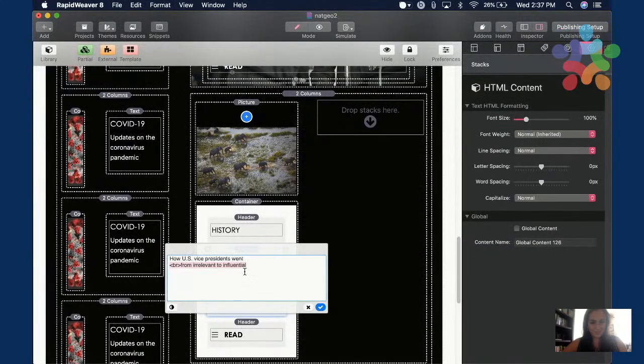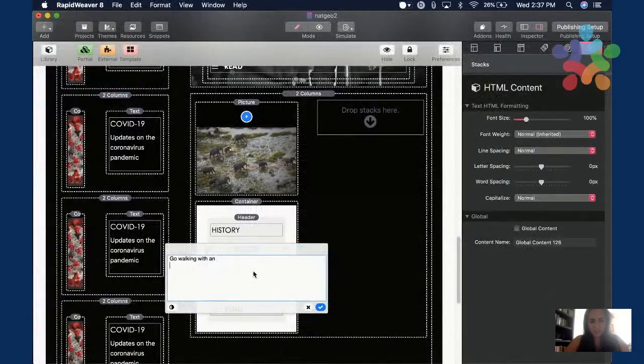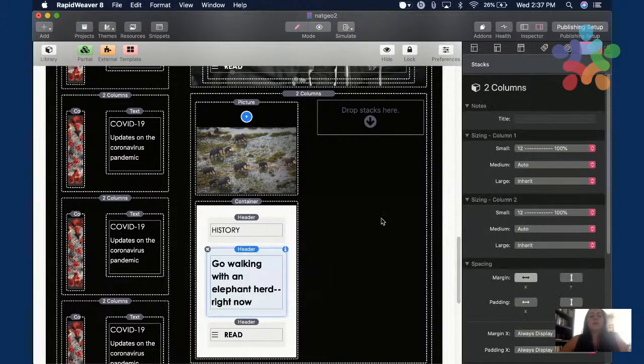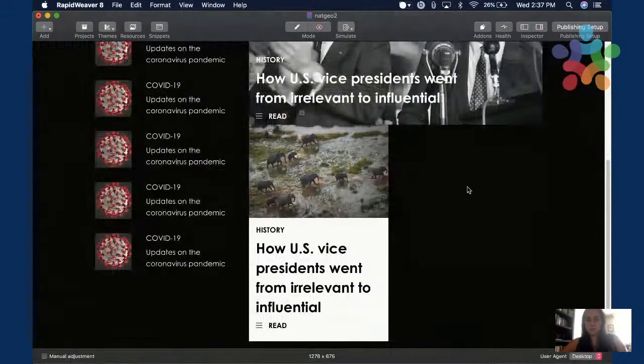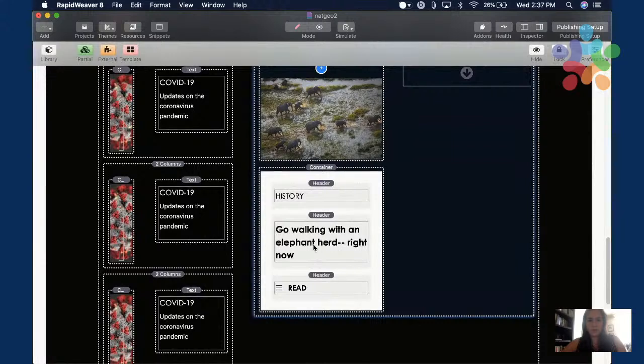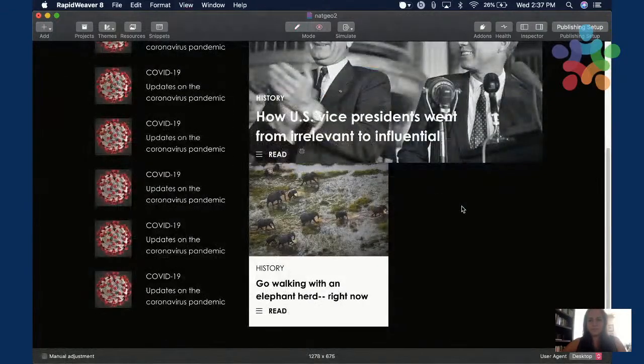Go walking with an elephant herd. Who wants to go walking with an elephant herd? I do. Okay. So there, it's done.